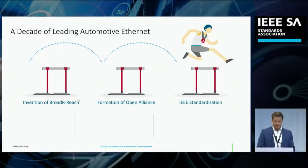To further enable the ecosystem for the automotive Ethernet market, Broadcom released its proprietary BroadR-Reach technology to IEEE, which became the basis for 802.3bw, or 100BASE-T1. Broadcom believes that IEEE standards and compliance to them is essential for a true multi-vendor interoperable in-vehicle network. And we are proud to say that Broadcom's pioneering technology, best-in-class products, and superior quality have allowed us